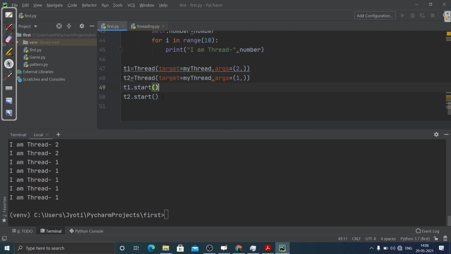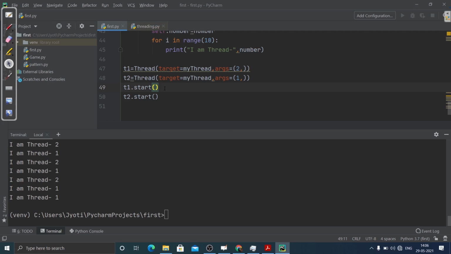So we are starting thread 1, thread 2, and just see what happens. You can see our threads have started, thread 2, thread 2, then thread 1. I have already explained that if you want to print it in order, you can import the time module and use the sleep function.